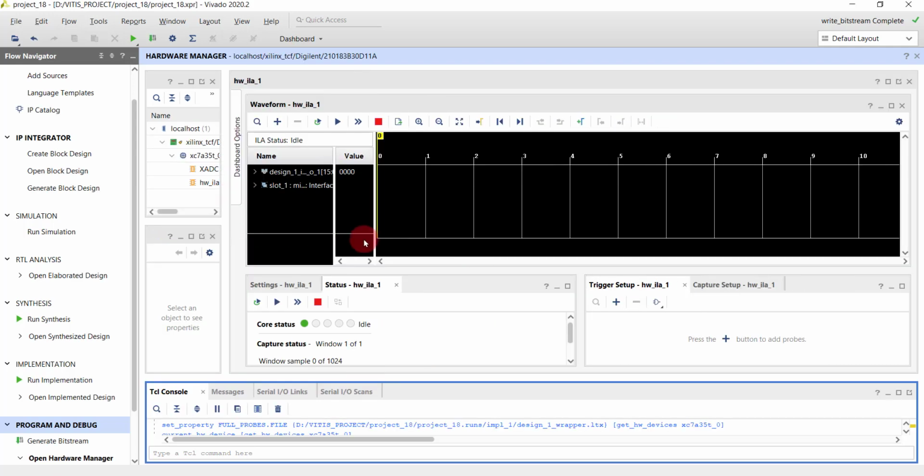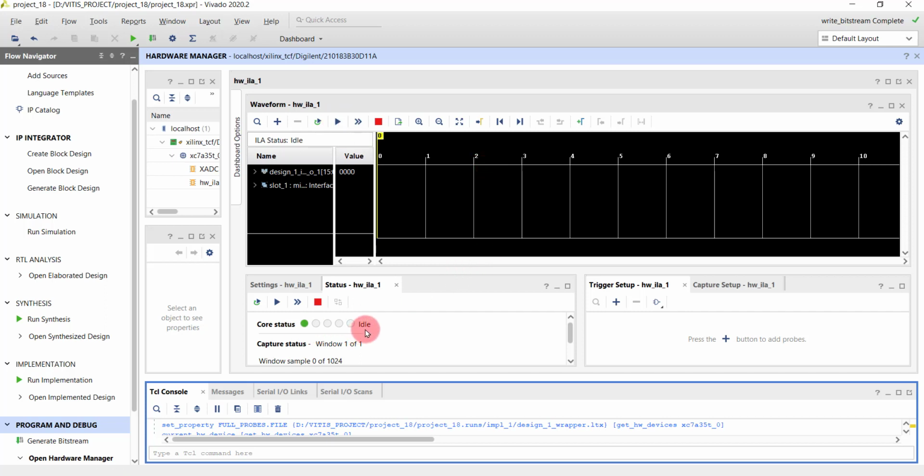So once you click on auto connect, you could automatically see the waveform viewer of an ILA. You won't be able to see any transaction right now, because we need to set up the core and then we will be executing. A good idea whenever you are analyzing a transaction is to choose a signal that will act as the valid signal for the start of a transaction, and then you click on this button. Only then will we be arming our ILA core and capturing a signal.